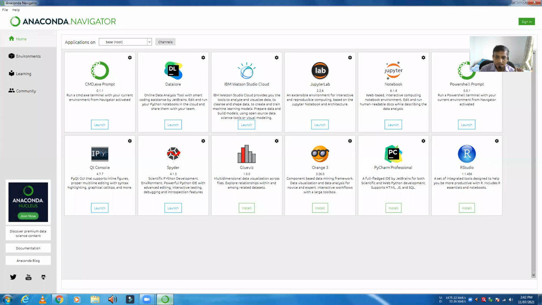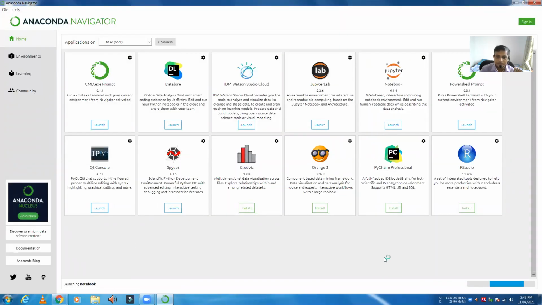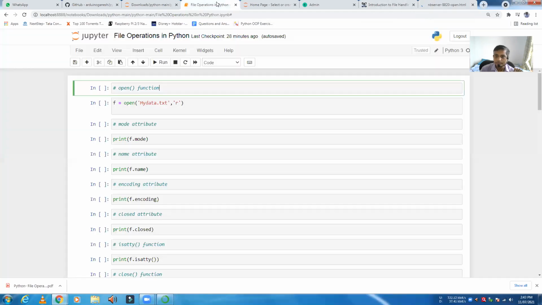For starting with the new topic, I'm launching the Jupyter. It is already open, so we'll start with the Jupyter notebook.